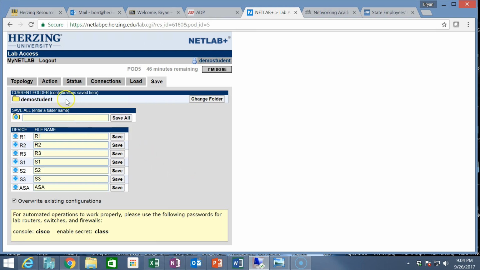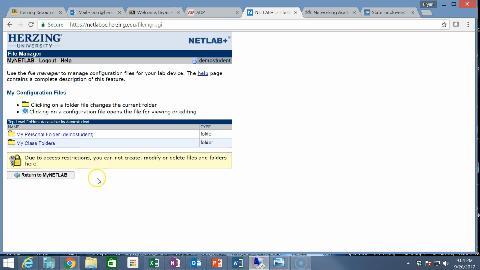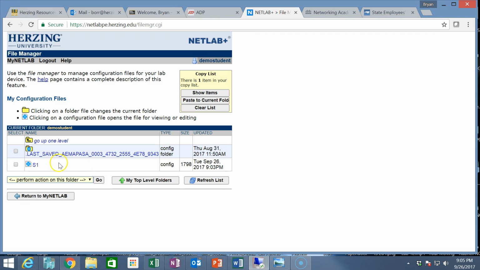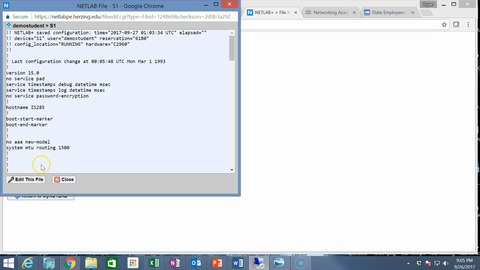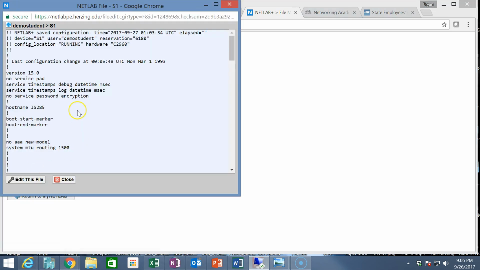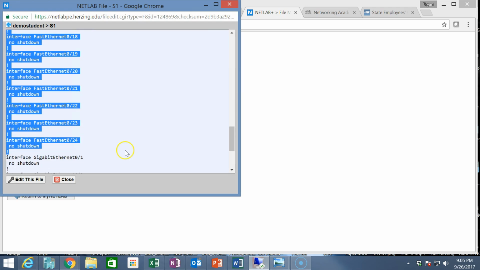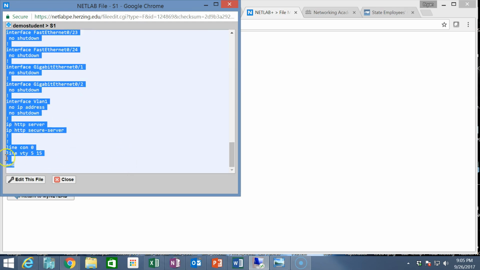Okay, so now if I go back to my NETLAB and I go to the file manager, okay, and I go into my personal folder, which is demo student. Okay, so what we can do here is notice that I close that. Notice that I just hovered over to S1, clicked it, and so here's my configuration. So what I can do is select all of this, okay, all the way down to the end,